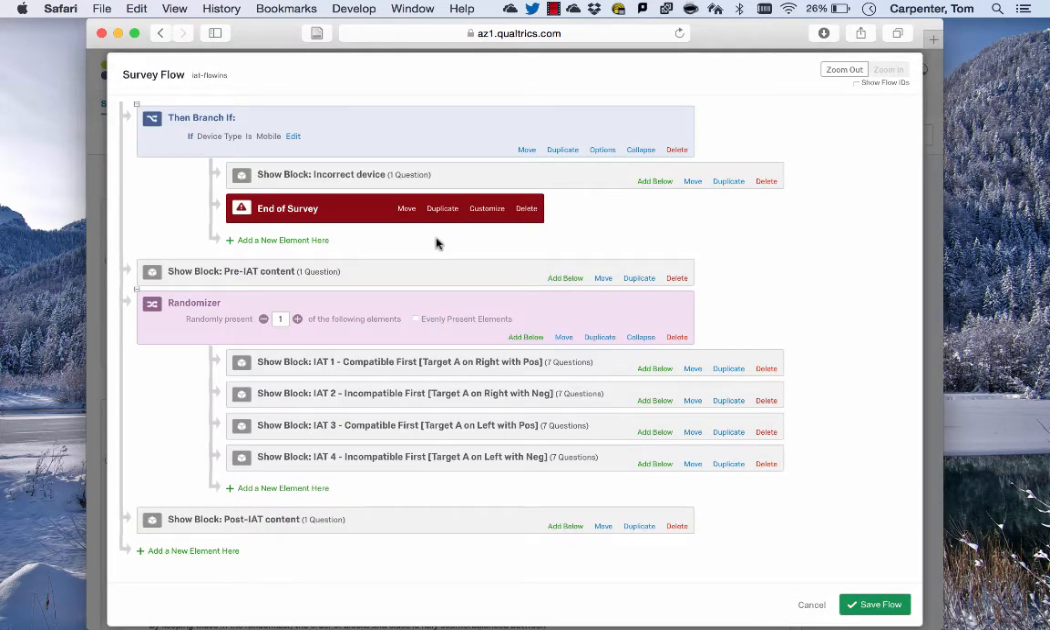By default, the IAT Gen survey flow starts with this branch, which detects if the user's on a mobile device. If the user's on a cell phone, for instance, then they won't have a keyboard and they won't be able to complete the IAT. So by default, the IAT Gen survey screens them out. This will keep people who can't take the survey from taking the survey. If you have reason to want to modify that, you're welcome to, but this is how we use it at